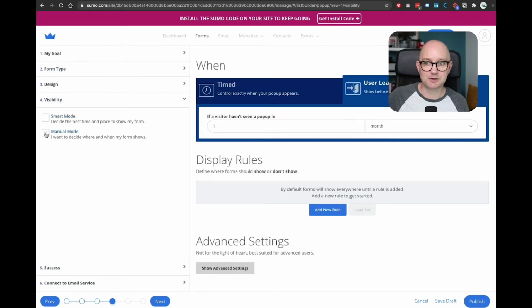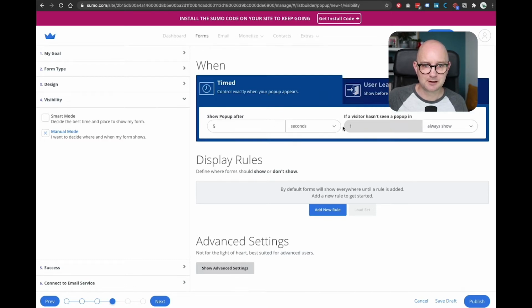But for this demo, I'm going to use manual mode because I want it to show straight away every time you visit, which would be very annoying if you left it like that. But because I need to show you a pop-up, this is how I need to do it. So always show it when a user leaves, and show it after 5 seconds on every visit. And that's it. So I'm going to publish that